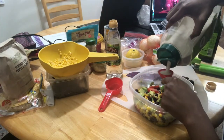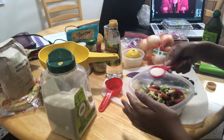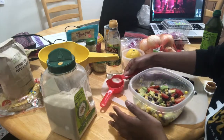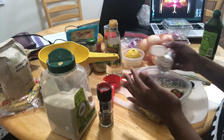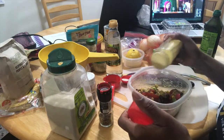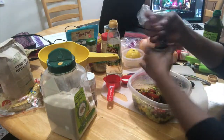I did not use the whole tablespoon of sugar, but that's because the sugar can be added to your taste. If you want it to be sweet, then by all means add the rest of it, but I didn't feel like it. Now adding my seasonings: chili powder, adobo for the salt, you feel me? Some fresh cracked pepper,